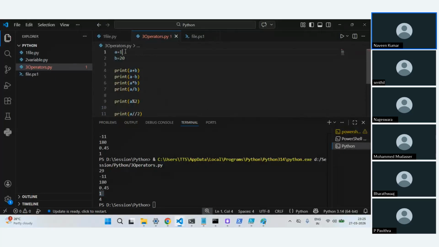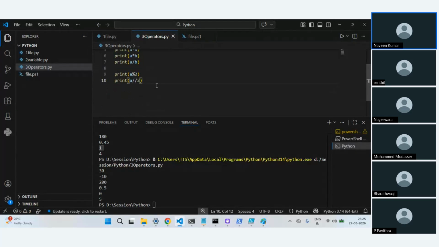If I change this to 10, it's 0 and 5. Okay. Again, I just want to tell you these things exist. There are some cases where for some calculation, if you have to use it, this is going to be helpful. Okay. Now these are the basic arithmetic operators, whatever we have seen.